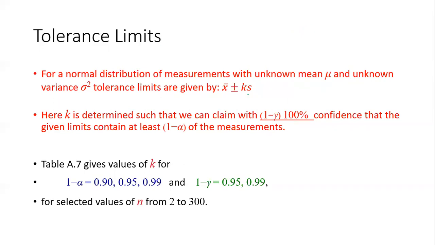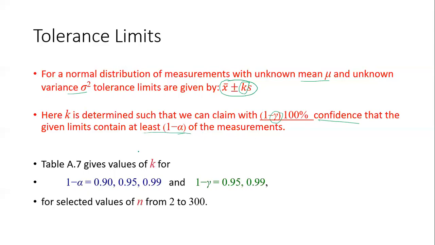So the tolerance limits with unknown mean mu and unknown variance sigma squared are given by x bar plus minus k times s. What is k? K is a parameter, where you can claim with 1 minus gamma confidence. What is gamma? We are using alpha for one part of confidence, so we need another parameter, which is gamma. So you can claim with 100 times 1 minus gamma percent confidence that the given limit contains at least 1 minus alpha